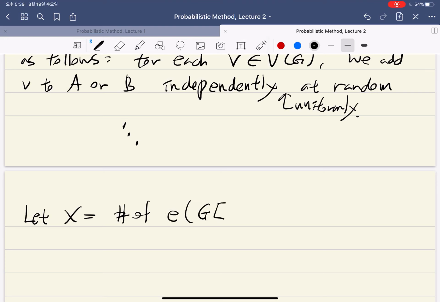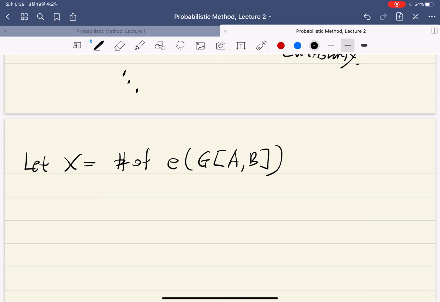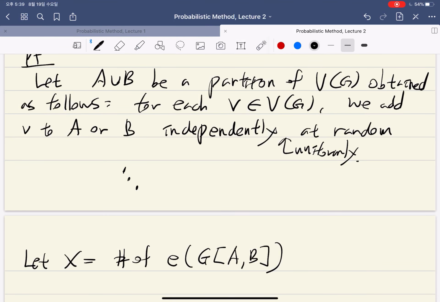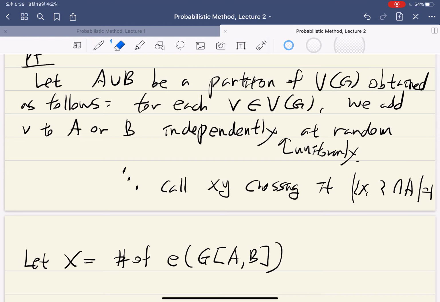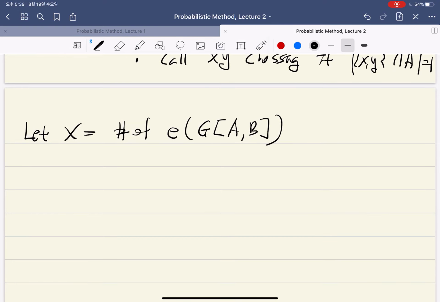So consider the edges between A and B. Call an edge XY crossing if exactly one of them is in A and the other one is in B. Then this X is actually a summation of